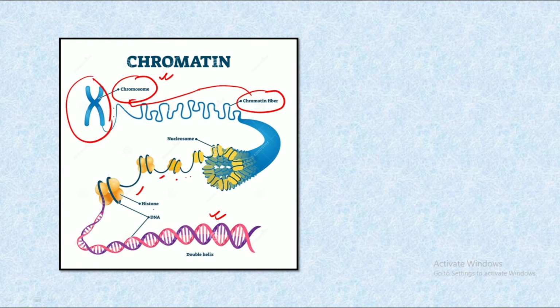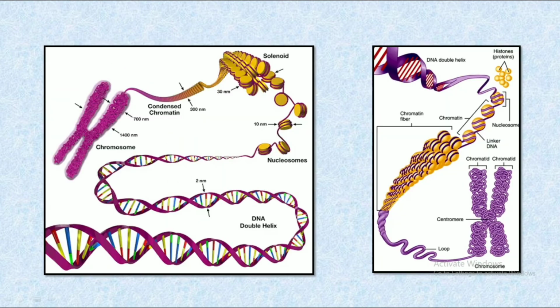So the chromosome is nothing but a concised form of the DNA double helix, which is compressed with the help of various DNA binding proteins, and also by various other bonds that are created between them. So this is how the complete packaging takes place.